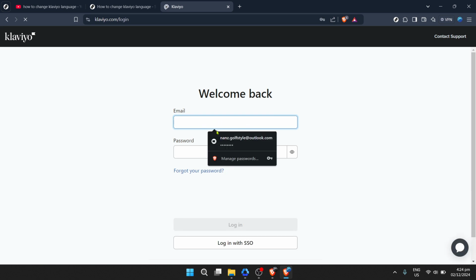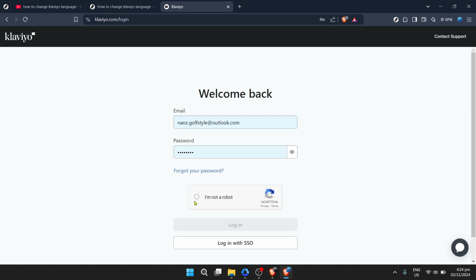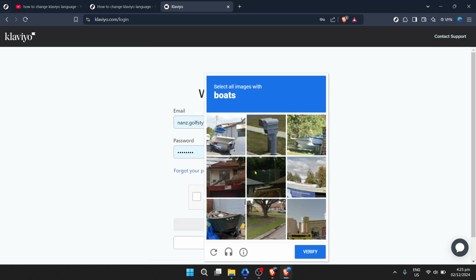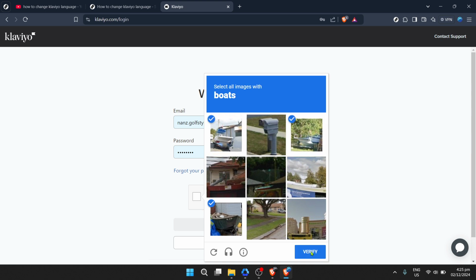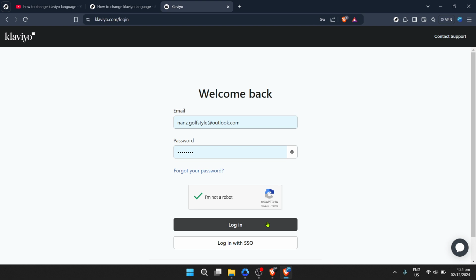First things first, let's get you logged into your Klaviyo account. Navigate to the Klaviyo homepage. Here you'll find the login button. This is your gateway to accessing your account. Go ahead and click on that button. It's a simple step, but it's the beginning of tailoring your Klaviyo experience to better suit your needs and those